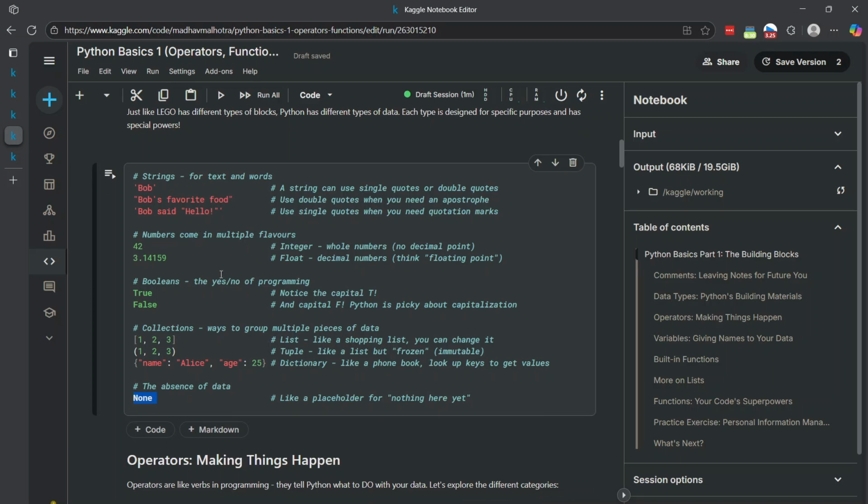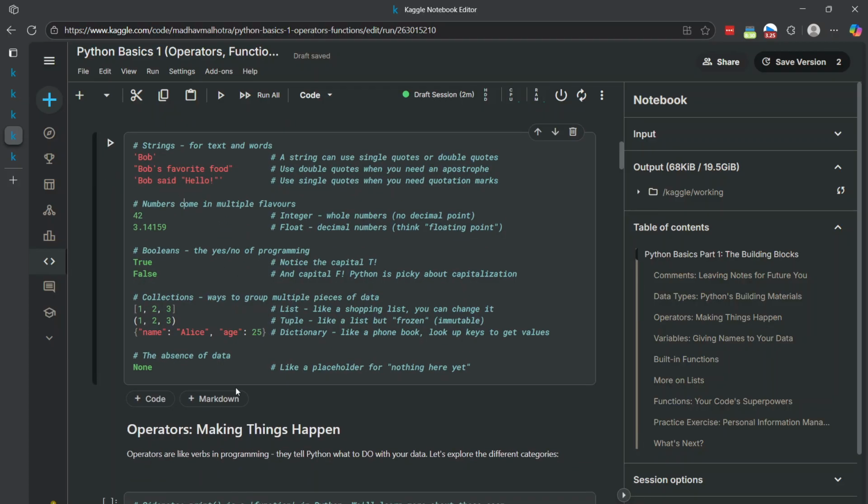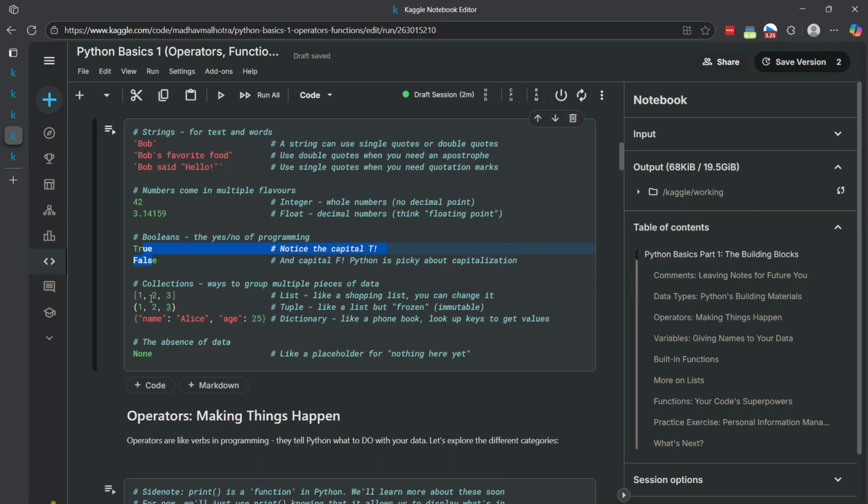Then we talked about on YouTube, you don't want to just have some data. We want to combine different pieces of data. To do that, we need what we call operators. They take different pieces of data and modify them. So you could, let's say, combine two pieces of text together. You could make a number smaller or larger. You could change a true to a false or vice versa. You could add things on to a list or remove things from a list. Anyways,